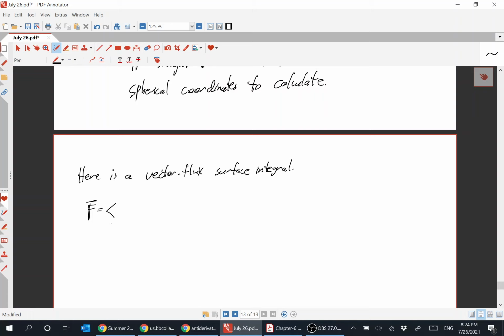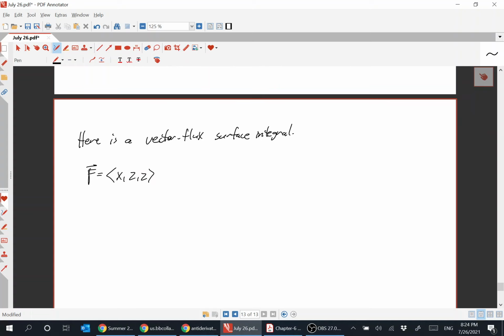Just pick something and hopefully it goes okay. Well, let's do x, z, z. So we'll just say x, z, z. All right, let f be equal to this, okay? So f is x, z, z, and S is the upward-oriented